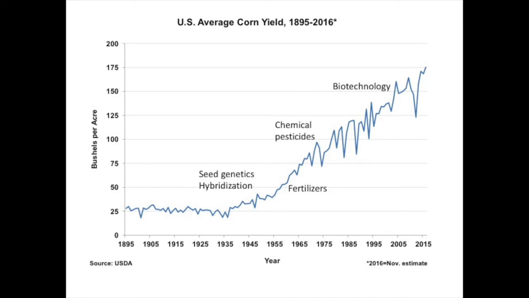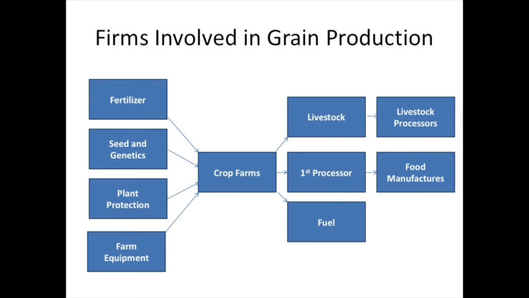If you look at those technologies, they are also what has spawned the major input industries in the agricultural sector that provide inputs to crop farms. This overhead here shows a schematic of the relationship between input firms off to the left, crop farms, and then where output goes from the crop farms. So let's start here with crop farms. Crop farms would be what grow corn, soybeans, and wheat across the world, but in Illinois, primarily corn and soybeans.